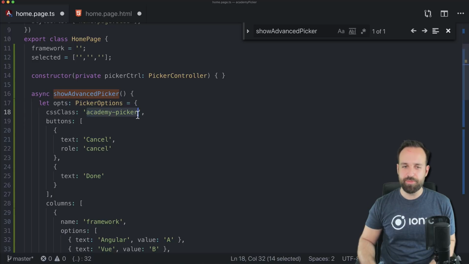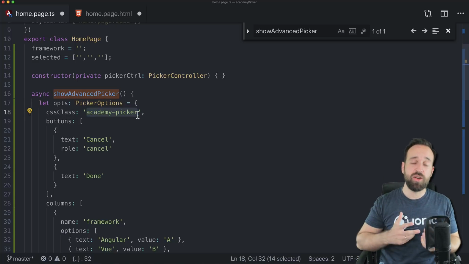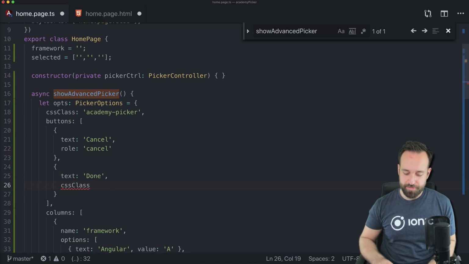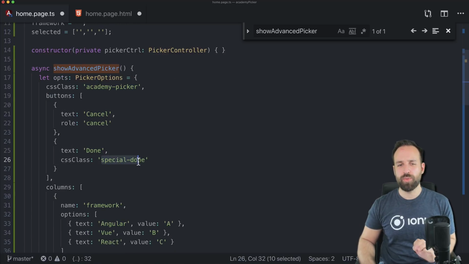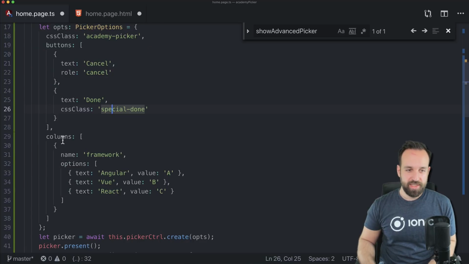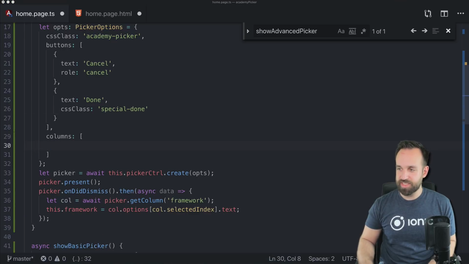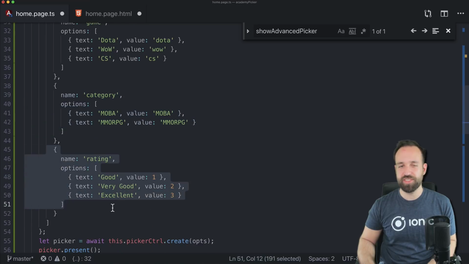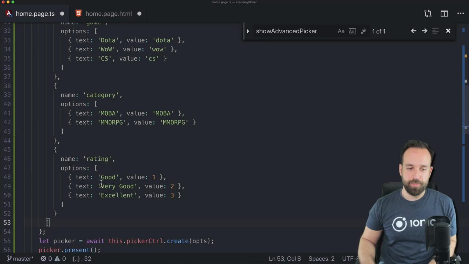So let's just add an Academy Picker CSS class just to see how and where we can add this class later on. And let's maybe also add it to the button, because the button can have a CSS class as well. So let's call this special done, and we will look in the DOM object later to see where those classes are added. In terms of columns, as I said, it's not the best example. I just took some data, let's say a game with options, a category with options, and a rating with options. So just pick whatever you want, make a few columns in here so that we see how to use